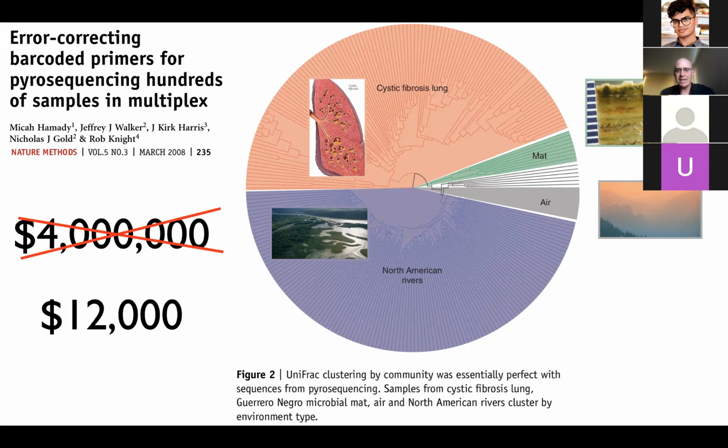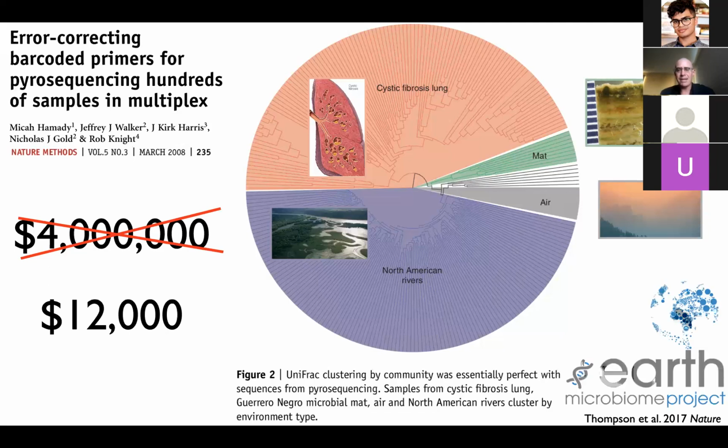And so this concept of barcoding, so introducing DNA sequence tags with Hamming or Golay error correcting codes, and then using them to split a single sequencing run over hundreds of different samples, and then associate the sequences with the samples by the barcode. That's what enabled things like the Earth Microbiome Project, where we crowdsourced hundreds of thousands of microbial communities from scientists around the world and sequenced them.